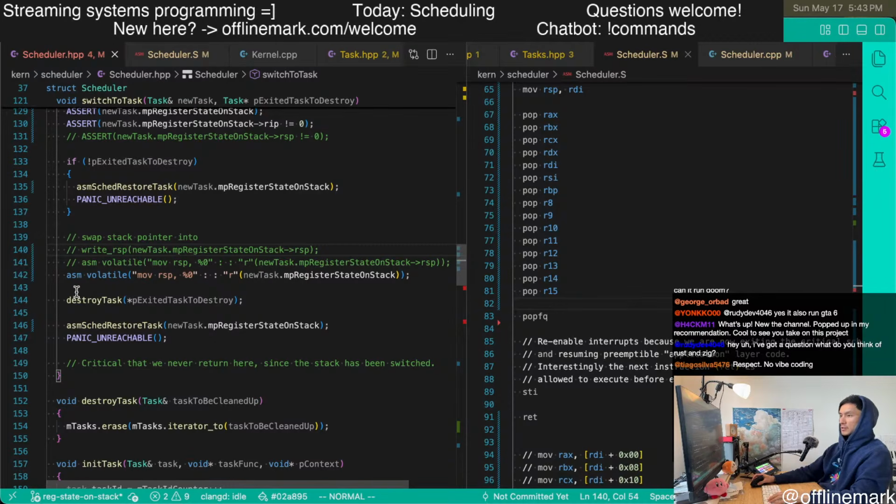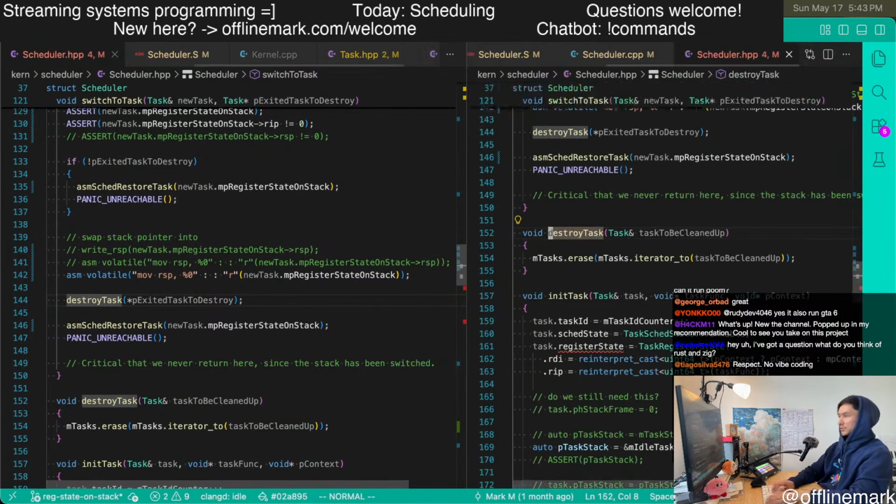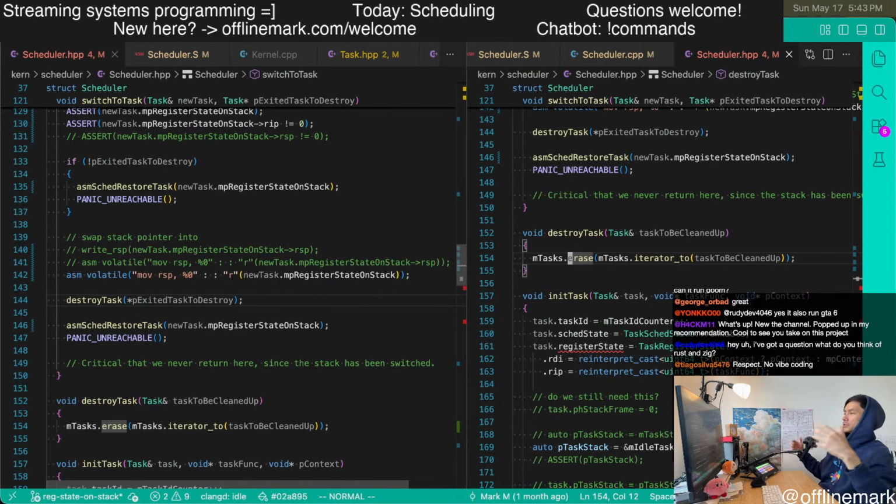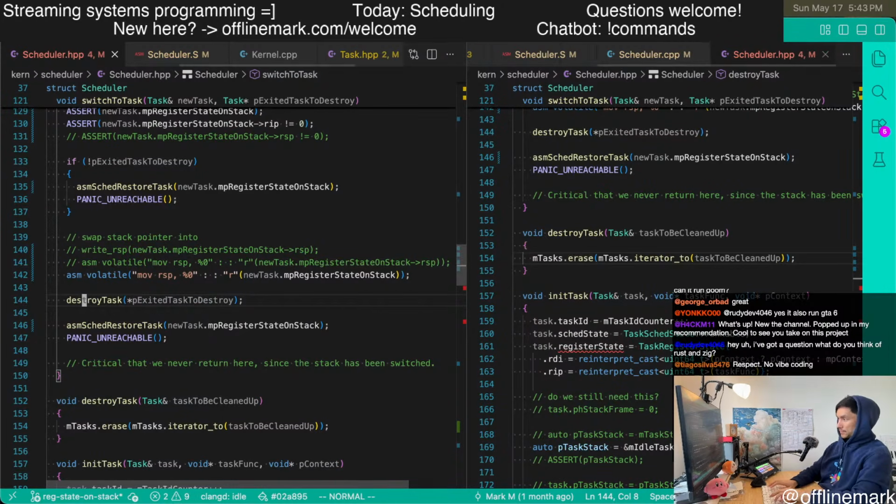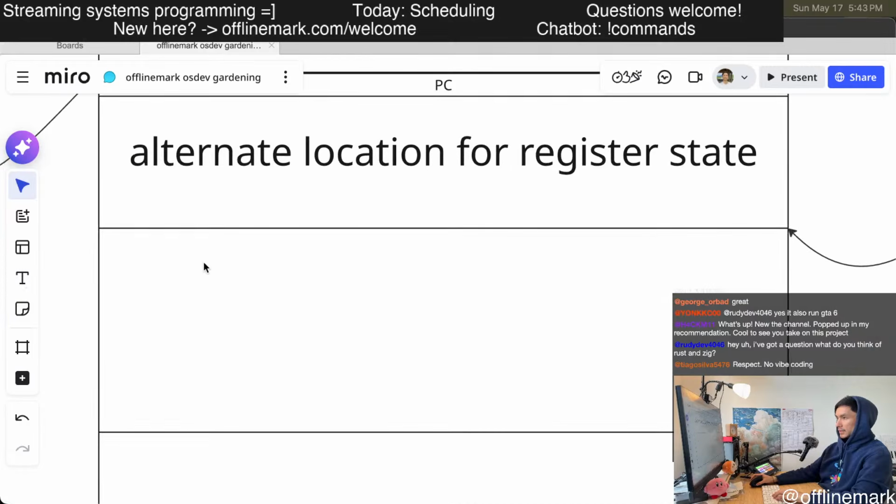So we can call this function destroy task, which destroys the task. It gets the task to be cleaned up, gets an iterator to it, and erases it from the container, which runs the destructors and does all that.